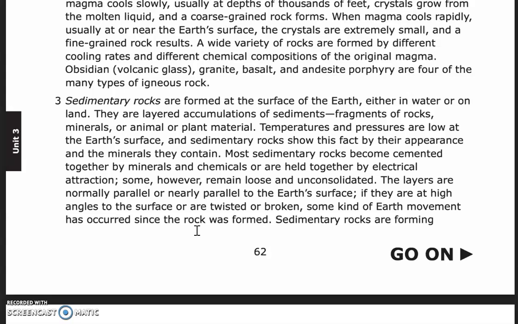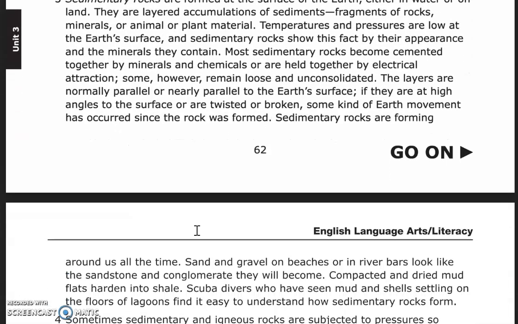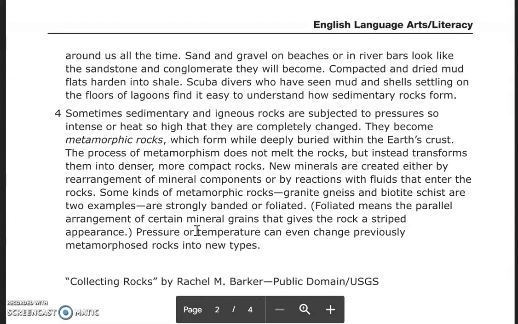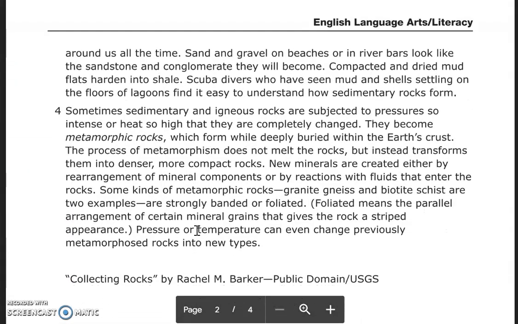The layers are normally parallel or nearly parallel to the Earth's surface. If they are at high angles to the surface or are twisted or broken, some kind of earth movement has occurred since the rock was formed. Sedimentary rocks are forming around us all the time. Sand and gravel on beaches or in river bars look like the sandstone and conglomerate they will become. Compacted and dried mud flats harden into shale. Scuba divers who have seen mud and shells settling on the floors of lagoons find it easy to understand how